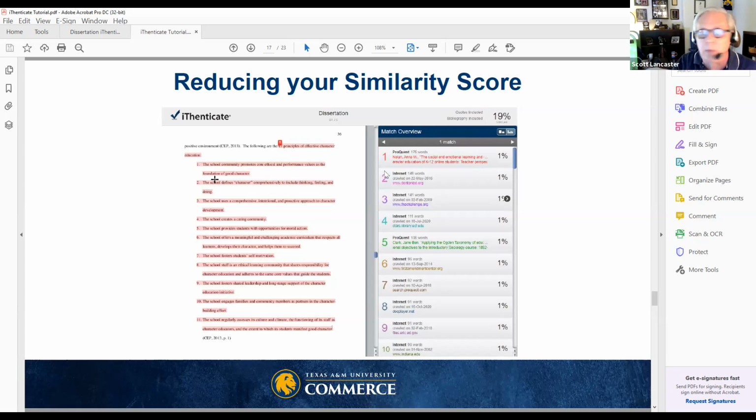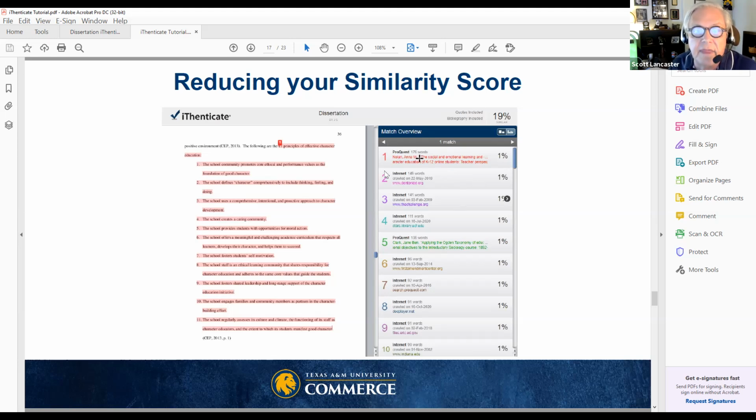So this is what I wanted to get into. You're getting a score, and the main thing your advisor wants is a score of 12% or less. But there are things that I can do to work with people, or at least to advise people on how they might lower this. And with this score of 19%, of course, this person is going to be anxious to know, what can I do to bring this down? And the first thing I do is just start at the topmost similarity, the one that has the most copying from it.